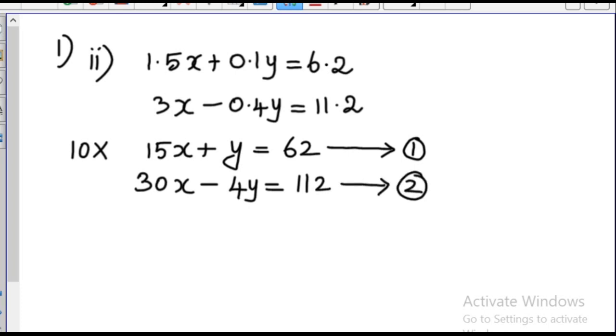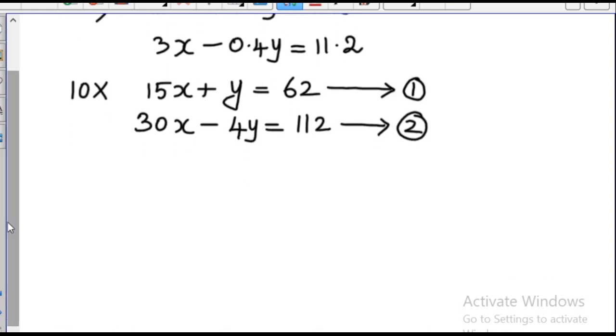Okay. Already I told you, after you get the two equations, you should choose any one equation. In that equation, you can choose any one variable. What type of equation do you want to choose? Already I told you, where you have no coefficients. In the first equation, for y there is no coefficient. So I can take that equation. So the first equation is, I can take the first equation.